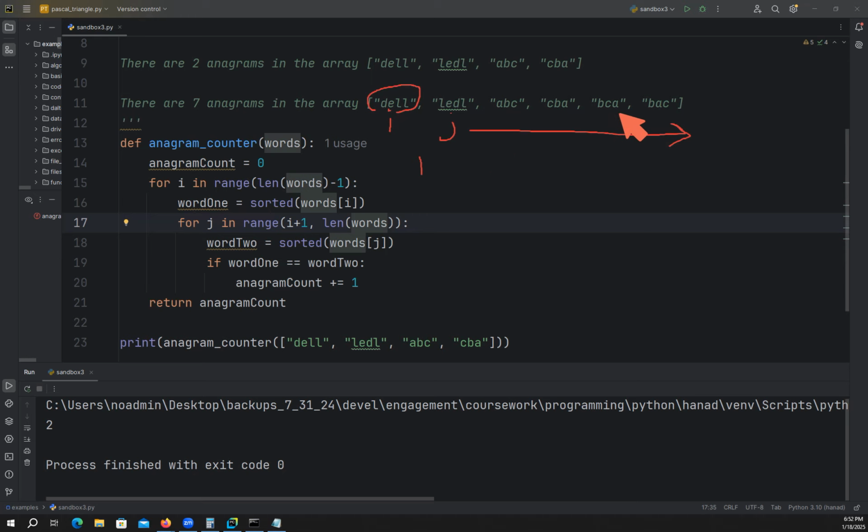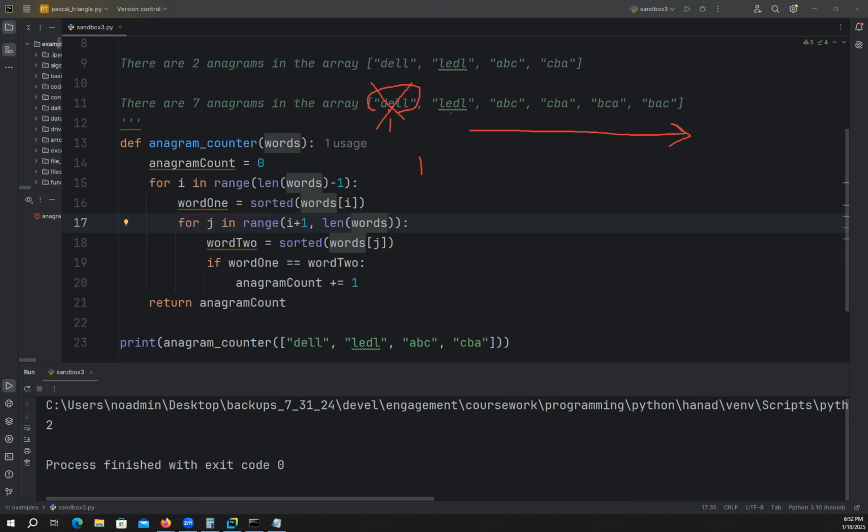And yeah, there will only be one anagram of del, but the rest of these are going to end up being anagrams of each other, because you look at these letters, it's pretty obvious that they are. But yeah, the J will go down, and then once the J loop is done, then you get a new I,